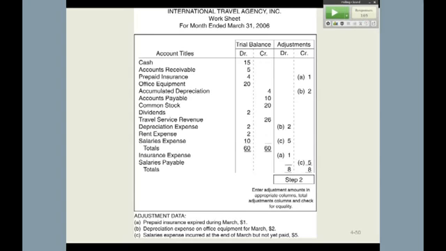The data told you that insurance used up was 1. So you have to debit insurance expense for $1 and credit the prepaid insurance. On the worksheet, you do this before you actually make the adjustment. Now, if I asked you for the journal entry, you'd debit the insurance expense and credit the prepaid insurance. But in this case, we're doing it right on the worksheet.